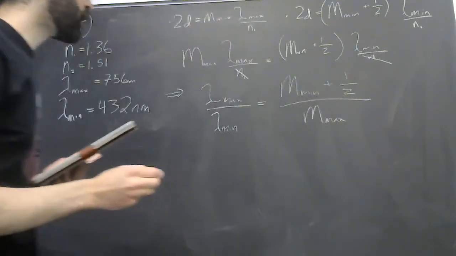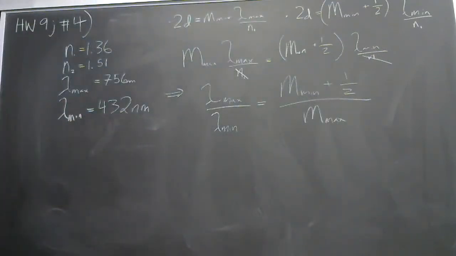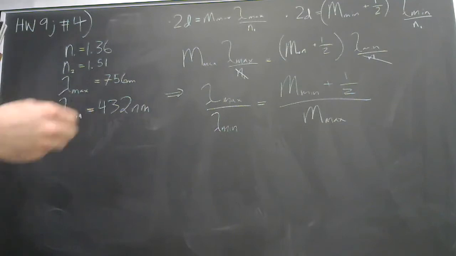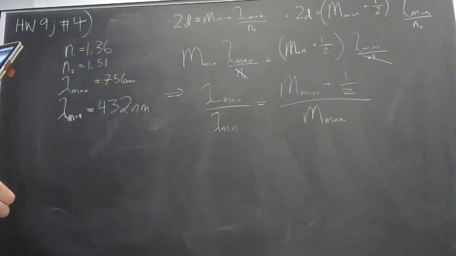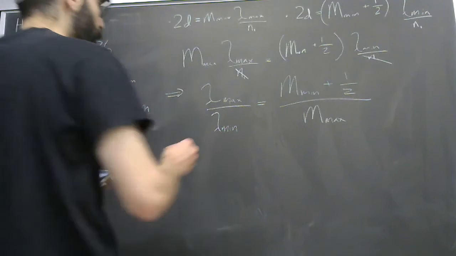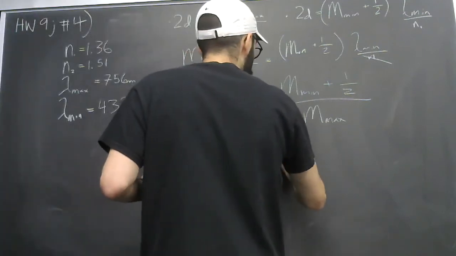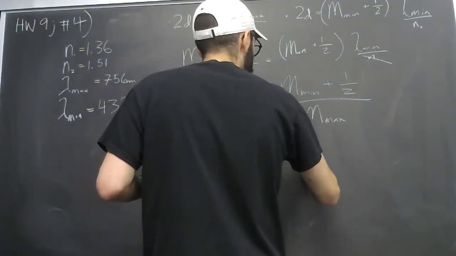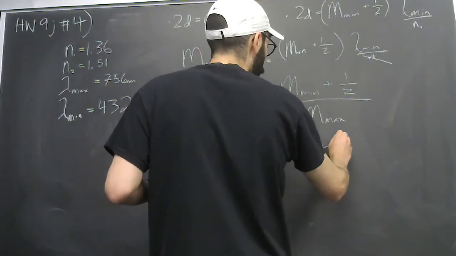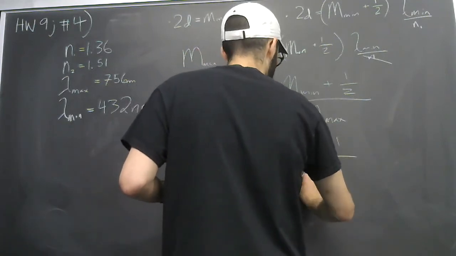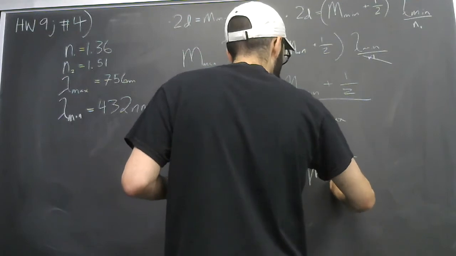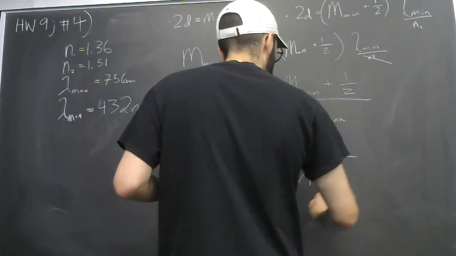Okay. So at this point, you're going to want to plug in your values, but I think that just for ease of reference, it'd be better if you got rid of that 1/2 just by multiplying the right side by 2. I think it'll just make the algebra easier. So what we can do then is say 2m min plus 1, and then you'll see why I did this in a sec,